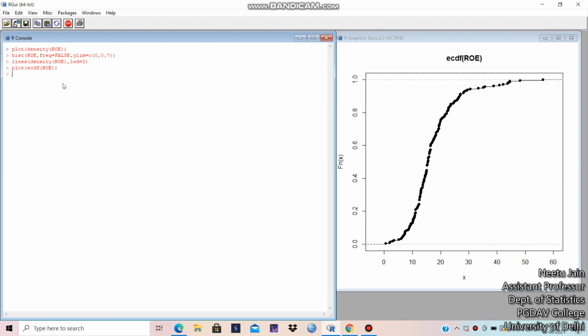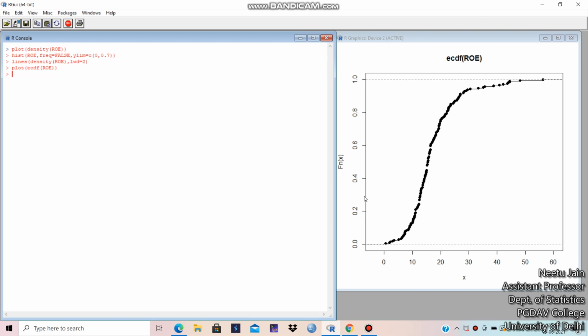See, this is the plot of the empirical cumulative distribution function of the variable ROE. The y-axis will obviously be 0 to 1 because the CDF ranges from 0 to 1.